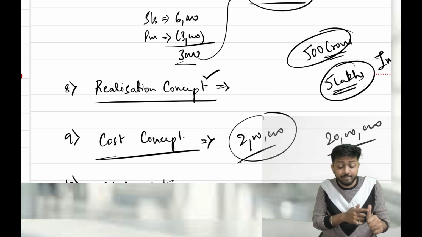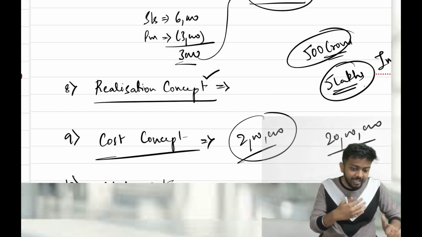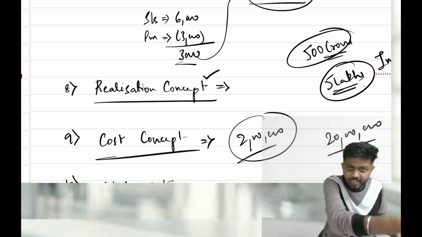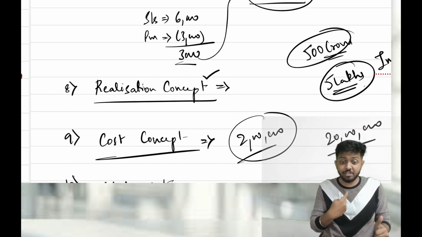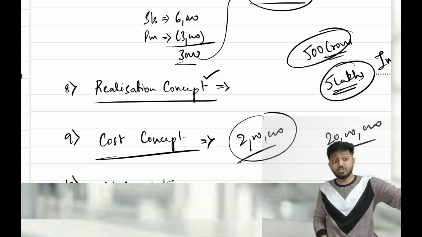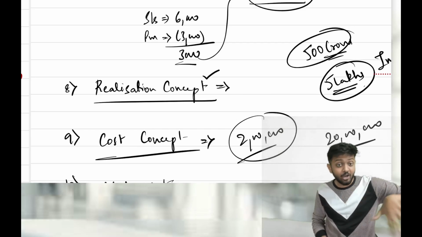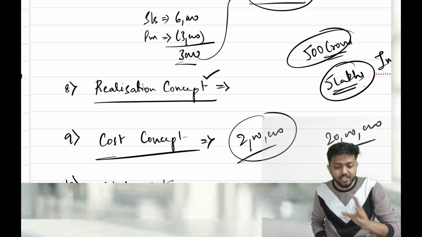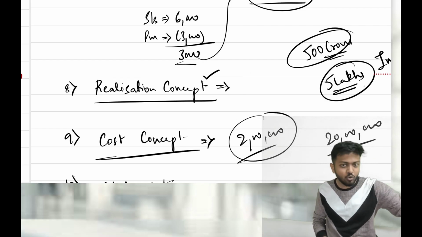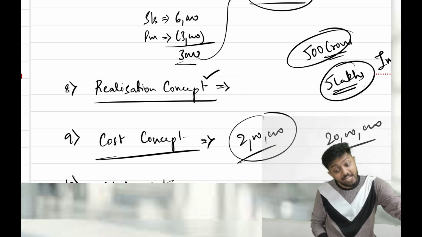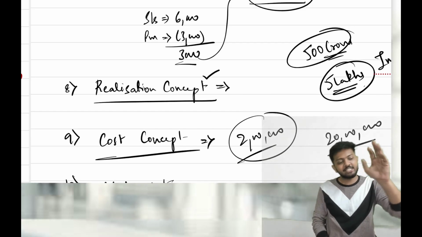One more thing is, suppose you're delivering goods, you're a seller of goods. The moment you transfer risk and reward in the goods, you are eligible to receive money, correct? That means the income is realized. You cannot record income without even supplying the goods, because the income is not realized. If I have transferred the goods, I have earned the income, that is realized, I will book it. Or if I have realized the cash itself, I will record it as income.